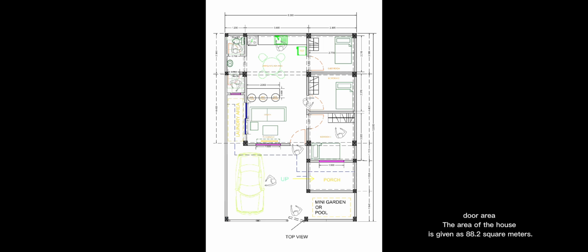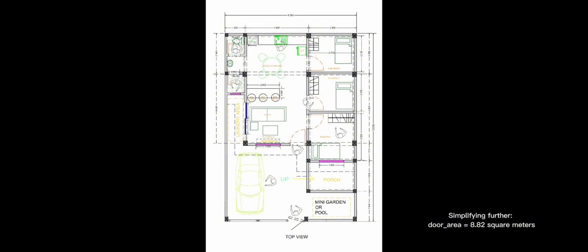Door area. The area of the house is given as 88.2 square meters. To calculate the area of the door, we can multiply the total area of the house by 0.1, which represents 10% of the area. Mathematically, we have door area equals 0.1 times area. Substituting the given area value of 88.2 square meters, we get door area equals 0.1 times 88.2. Simplifying further, door area equals